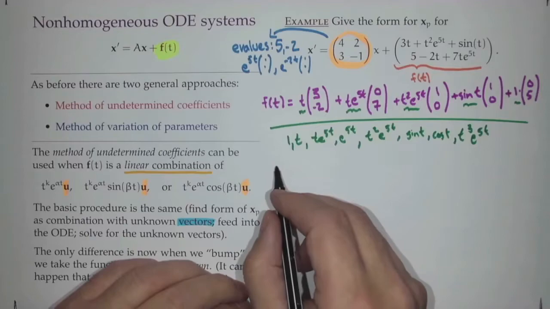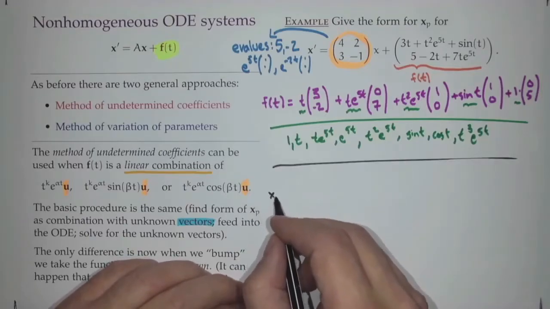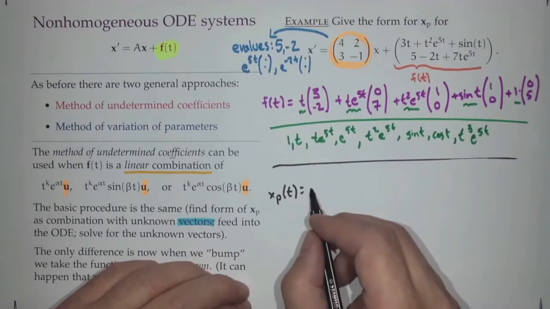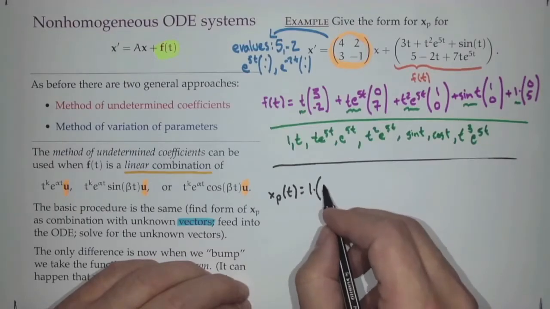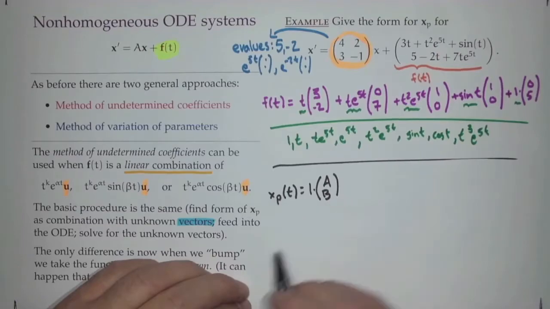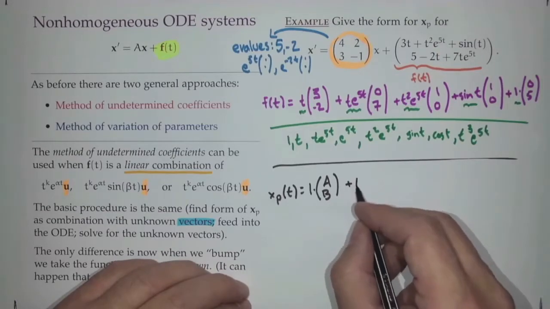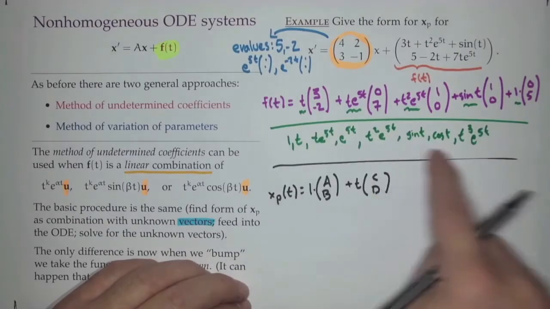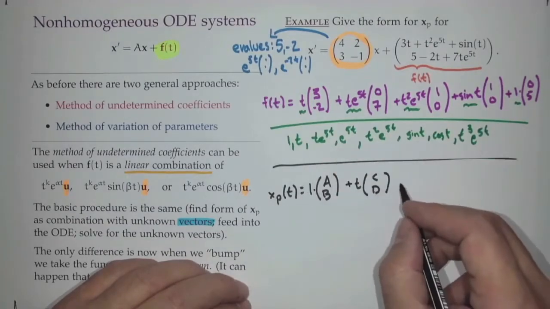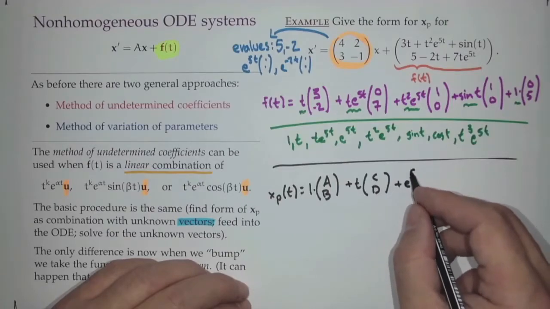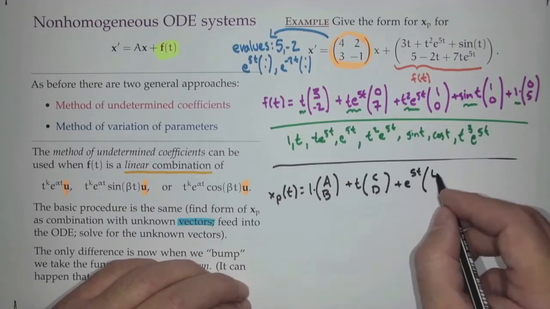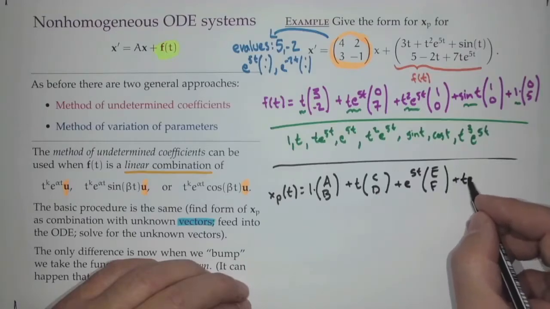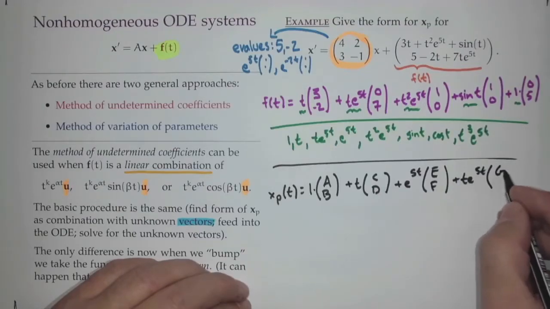So, we say that our particular solution, xp of t, will be 1 times some vector AB plus t times some vector CD. I'll do the e to the 5t's in order. So plus e to the 5t, some vector capital E, capital F,